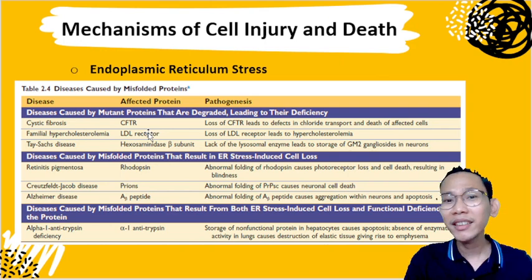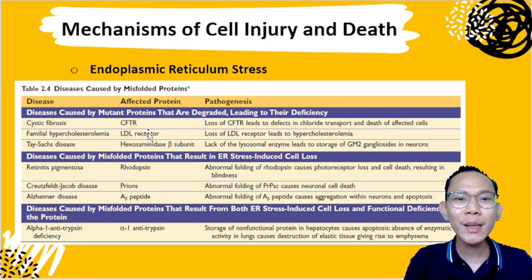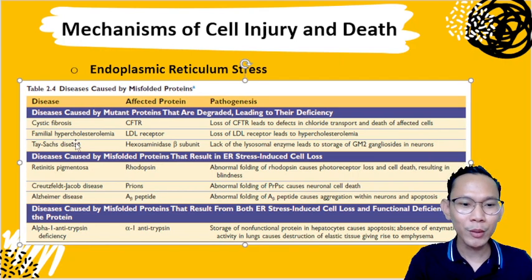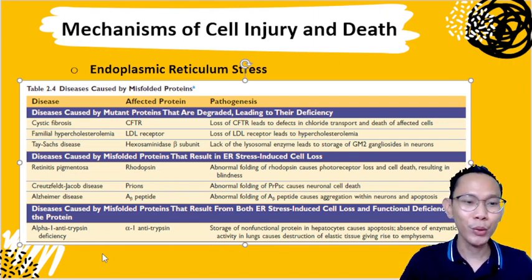So, point lang kasi ng discussion natin is just a general pathology to understand the concept behind cell injury and death. And dito, yung misfolded protein is we don't want that because it can cause different diseases. So, never mind this table, don't memorize this one. So, remember, when the amount of your misfolded protein is too great to be corrected, excessive activation of your ER sensor activates your mitochondrial pathway for your apoptosis. So, dyan na yung mangyayari yung ating apoptosis.